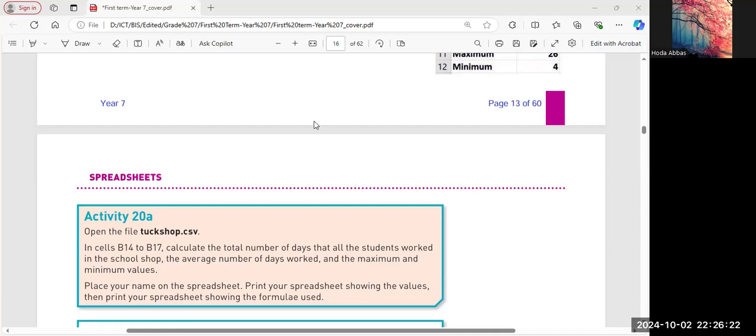So how many functions does he need? He needs sum, which is the total, and average, and then the maximum and minimum values. And then he needs the name of the candidate to display in the spreadsheet, and then print the values, showing the values, and another printing for showing the formula. So we will start. You will open the tuckshop